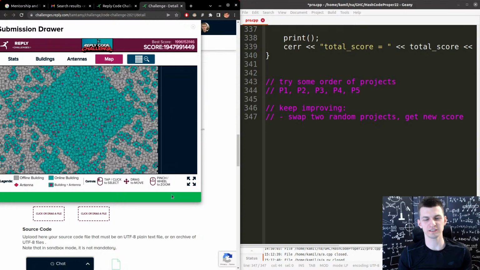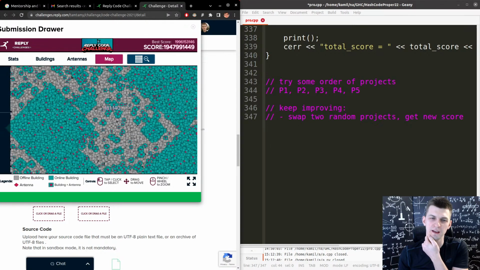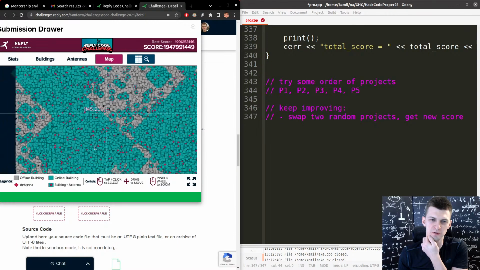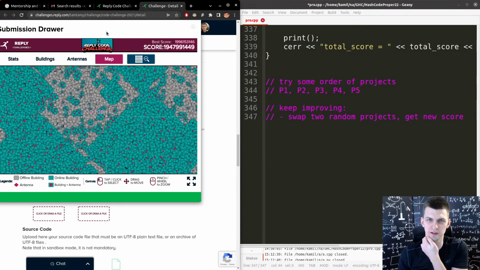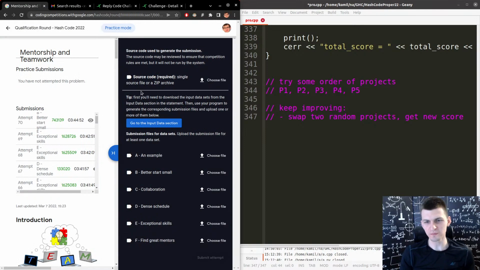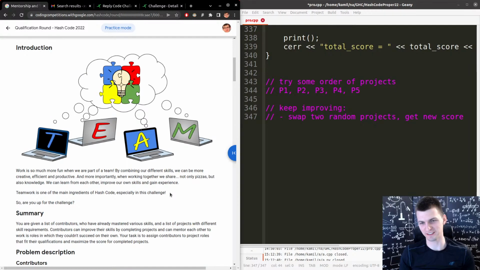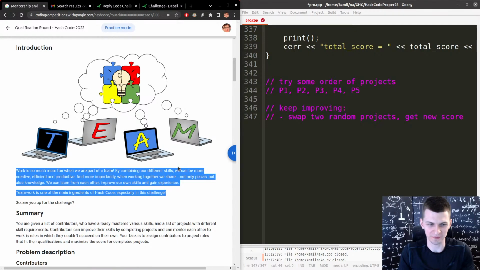This is, by the way, last year's problem from Replied Code Challenge. It's something very similar to Google Hashcode. Here it had better visualizations. And if I have enough time today, I will maybe even tackle this old problem, but I want to first of all focus on this one, which I'm not sure if Reply wants me to do, because as I said, it's a sponsored stream. But I really want to upsolve this thing anyway. And on Thursday, I'm participating.